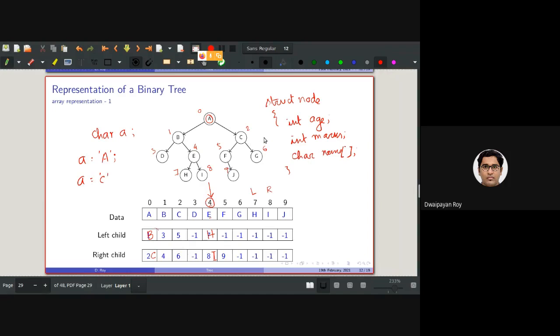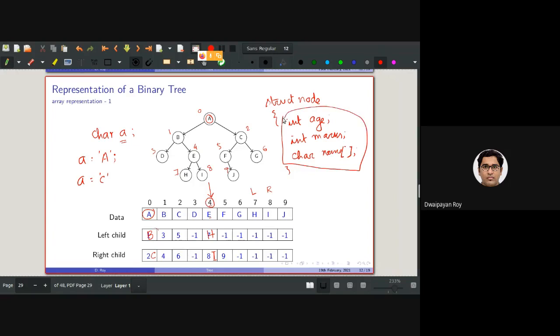But if instead of storing just a character, I store the object of a structure, then instead of storing A, I need to store all these three elements, isn't it?